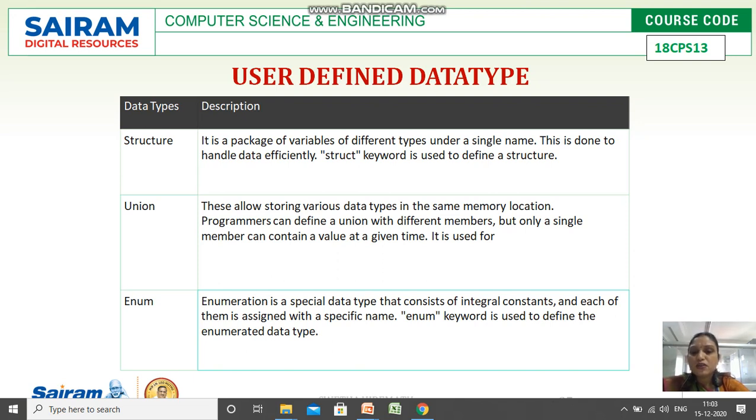Union. These allow storing various data types in the same memory location. Programmers can define a union with different members, but only a single member can contain a value at a given time. It is used like union followed by some name. Enumeration is a special data type that consists of integral constants, and each of them is assigned a specific name. The enum keyword is used to define the